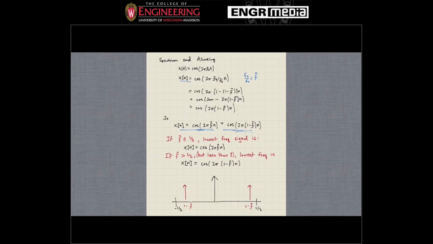So we could define it to be greater than 1/2, and then the same picture would repeat from 1/2 to 1, and so on. And so this effect, when we've sent a digital frequency of greater than 1/2, then it looks like a frequency at 1 minus f hat. That's referred to as aliasing. So that's what happens to the spectrum when we have